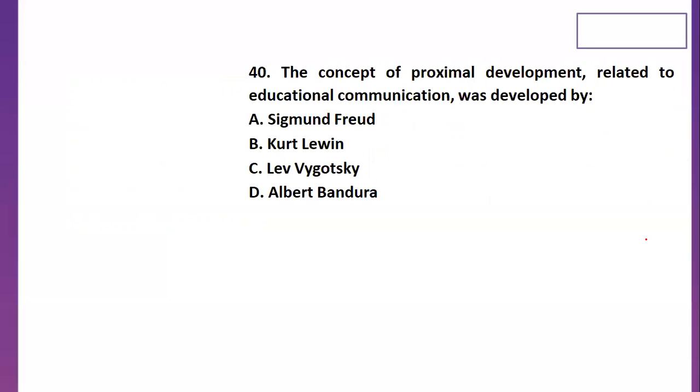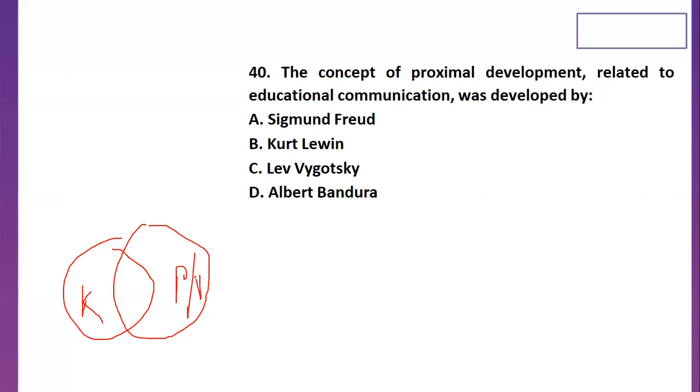The concept of proximal development. Now, you know what the zone of proximal development is. So for example, here is something a learner knows. Here is something peers or the teacher know. Here is something which a learner is not aware of. So this is where the learner, if they take help, is in the zone of proximal development.